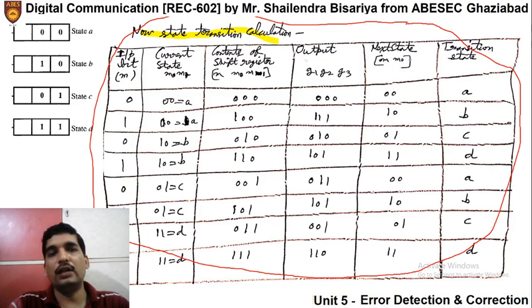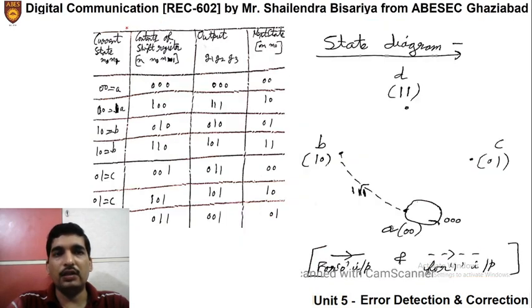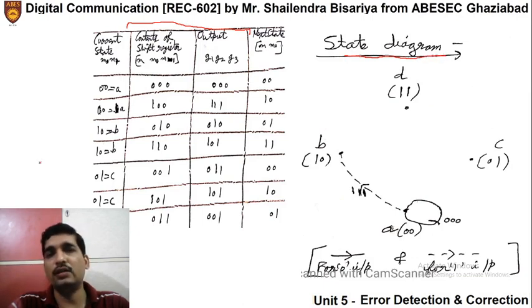So this state diagram is important at each and every stage. As we have already discussed code tree and trellis, now let us talk about the state diagram. State diagram is much simpler. We have to keep in mind this state transition table. So I have written the main steps of this state transition table here again, and let us talk about how we will draw the state diagram. It is similar to the state diagram which you have studied in your digital electronics subjects.